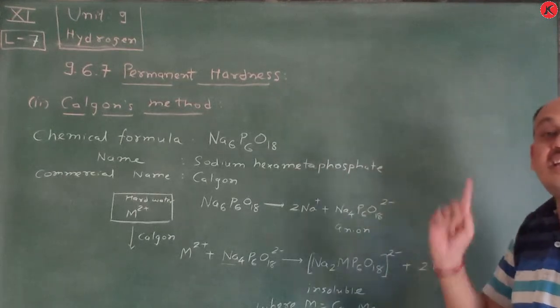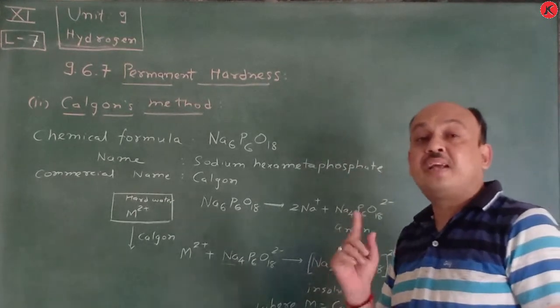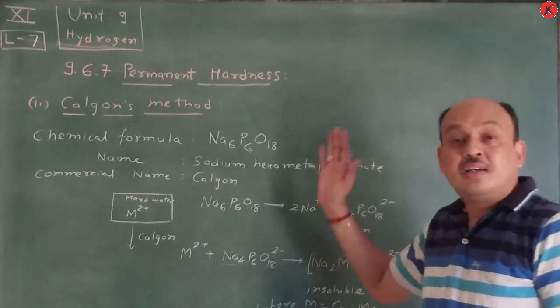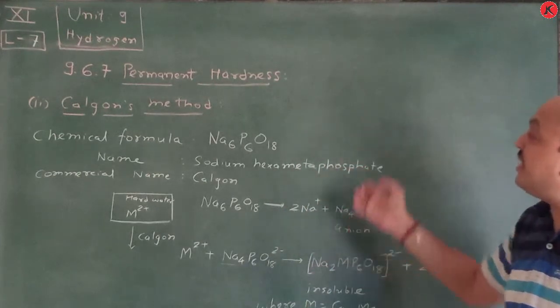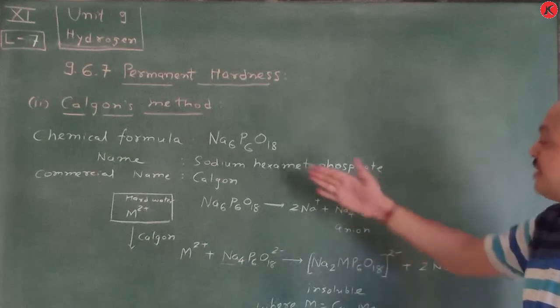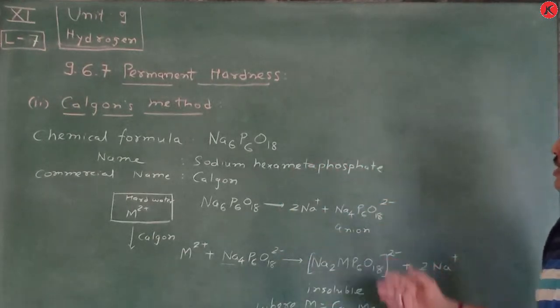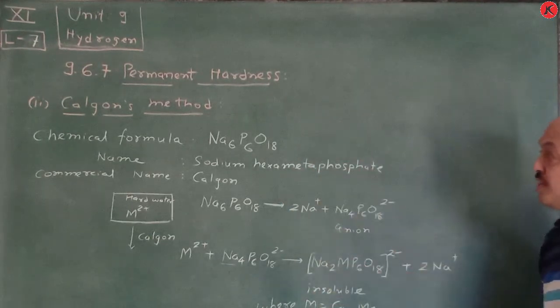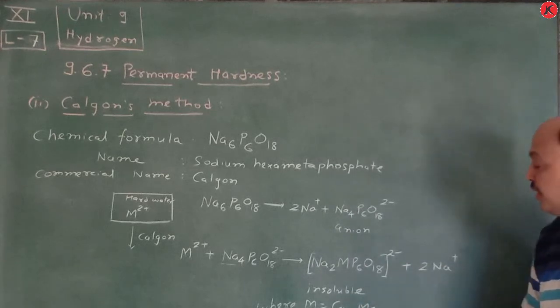And third is the synthetic resin method. This is a very important method. Remember it, it's very easy. You have to remember it this way. If you remember this flow chart, then you are able to write it completely. Write it down according to this way. Okay, so write it.